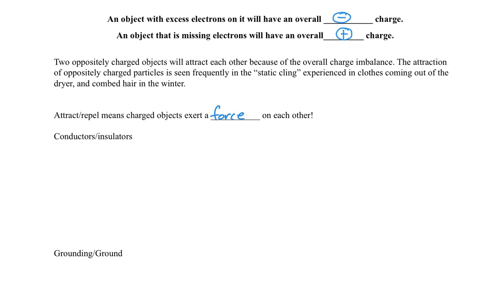There are 3 different ways we're going to have to charge items, so we're going to practice that. And we're going to see how we can charge things differently depending on if they're a conductor or an insulator. So let's take a minute here and talk about what each of those are. Okay, so a conductor is simply a material